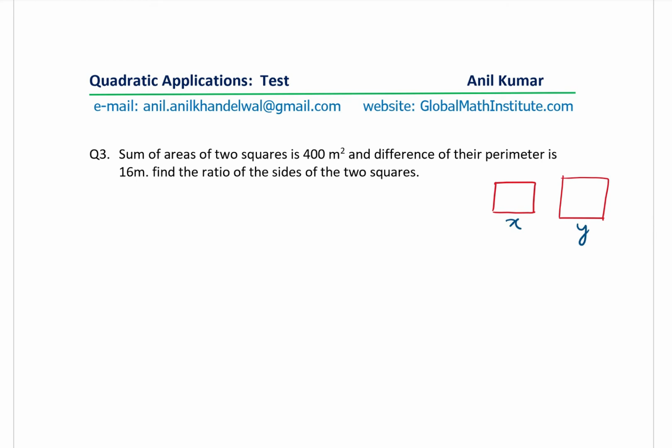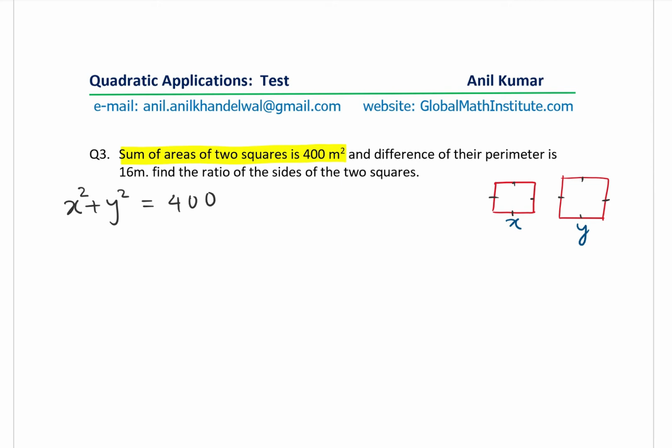So in that case, the first statement given is that the sum of areas of two squares is 400 meters square. Now what does that mean? Area is x square, right? So the sum of the areas will be x square plus y square, and this is equal to 400 meters square. Is it clear to you? That's what it means. Since area is for a square, you multiply the sides and you get square as the area. So x square plus y square is 400, and we are also given that the difference of their perimeter is